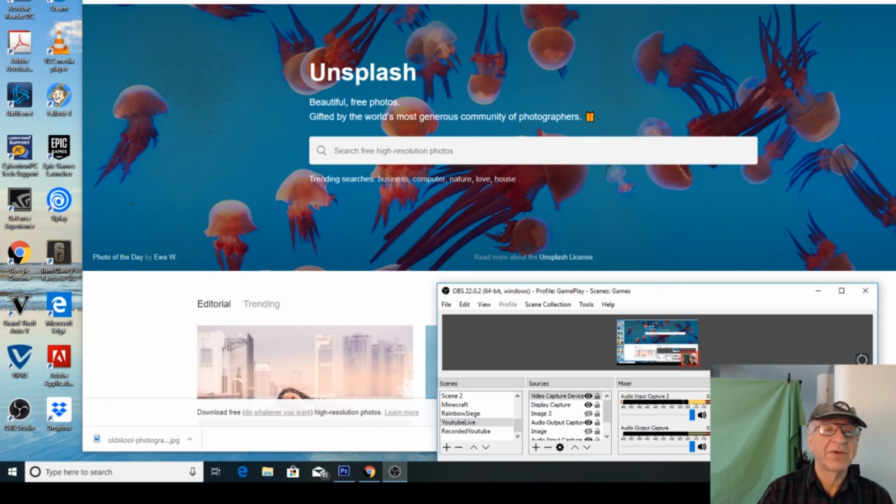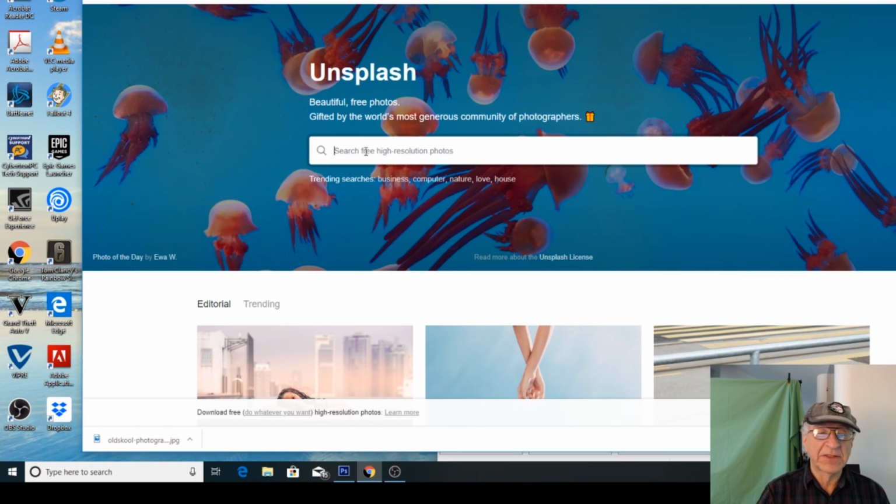And as you can see, we're at unsplash.com. I'm going to do a search. By the way, these are all free high resolution photos. There's thousands of them on any topic, and you can search. These are by really great photographers that were generous enough to contribute these photos, and you can give them credit in your videos. I'll do a search on space,